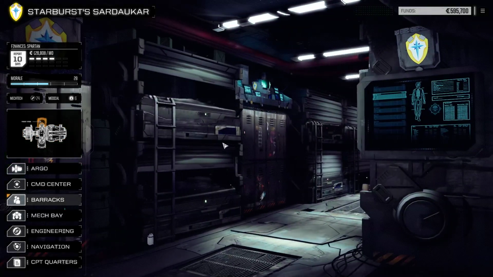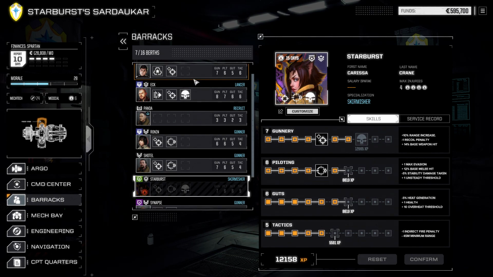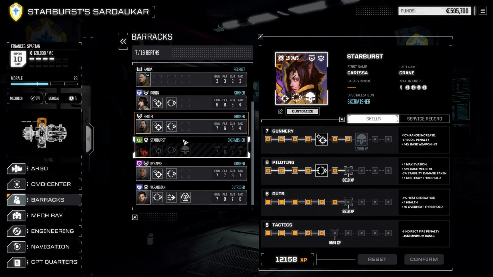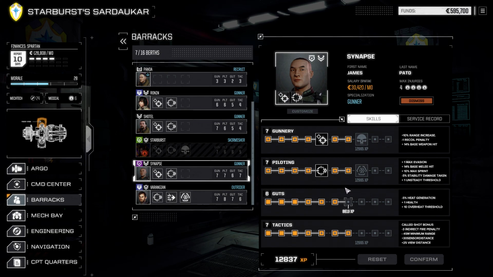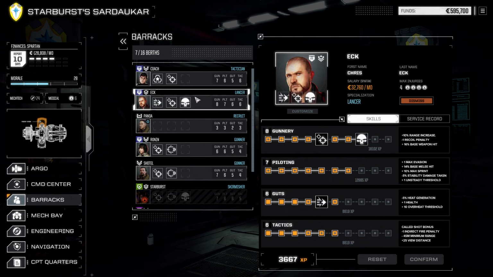But we're going to do a quick check of our MechWarriors. I don't think they leveled up. After all, we only got like 500 experience for these missions. Well, she can get Warlord again. Varangian is not there. Synapse, not there. Coach, obviously not there. Heck is not there. Alright, so